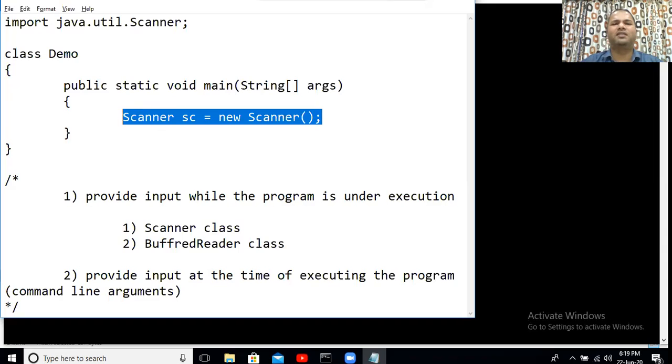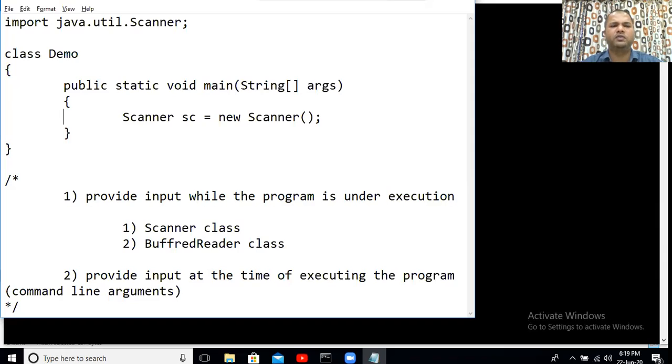If you compare with C++, obviously C++ had a much leaner syntax. It used to be only the name of the class and then the name of the object. But as far as Java is concerned, this is the syntax that we use: name of the class, name of the object, equal to operator, new, and again the name of the class followed by a pair of brackets.